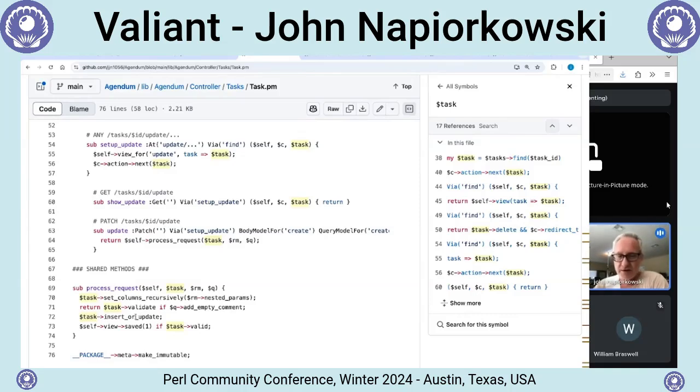When you do the insert or update, the validations run. If the validations pass, the creation goes ahead and happens. If it doesn't pass, then the insert doesn't happen, but the DBIx::Class result is maintained with the fields that have been updated by the incoming parameters. And in addition, you get the errors attached. So that then when you go back to the form,